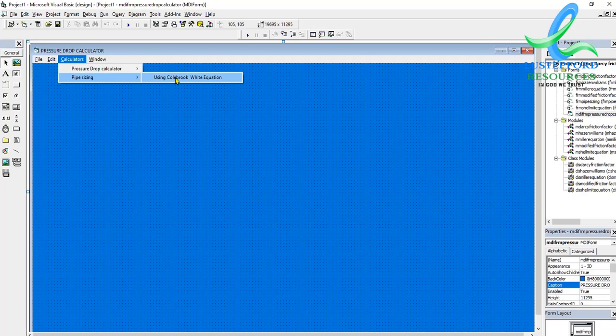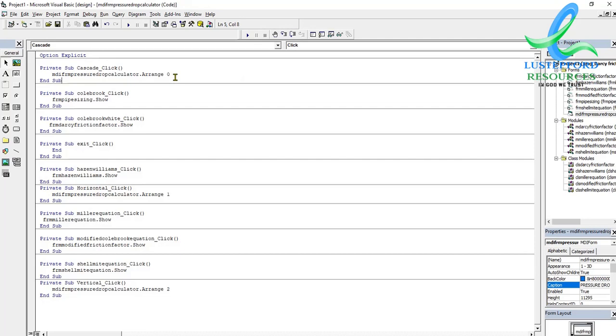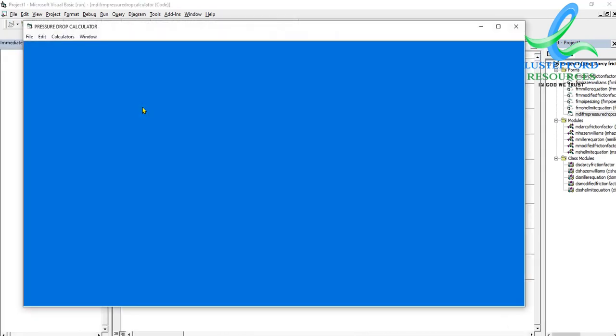Now let me double click. Colebrook's white equation. Okay, so it's there. I've added it there. Okay, you have FRM pipe sizing dot show, so that when you click that it will show the pipes. Look at it now. If I come here, click this,